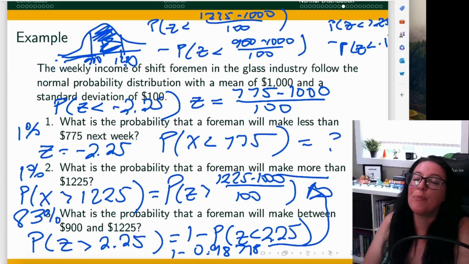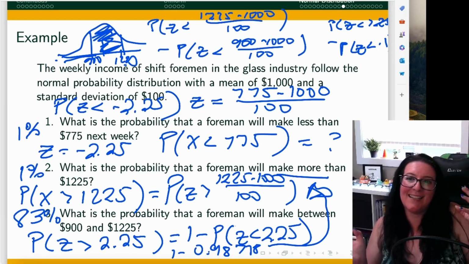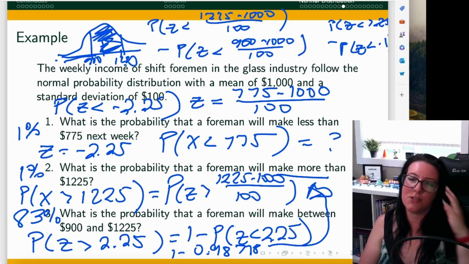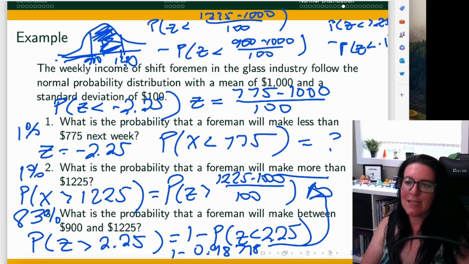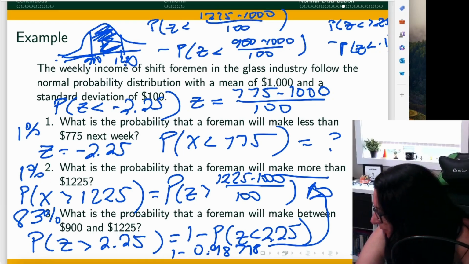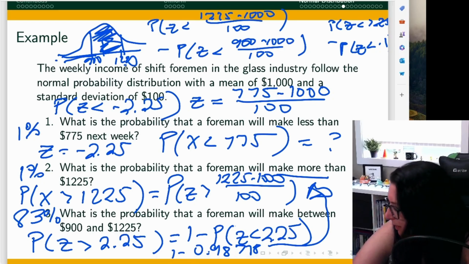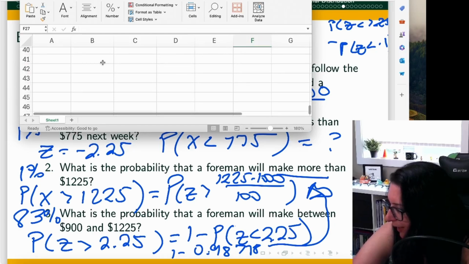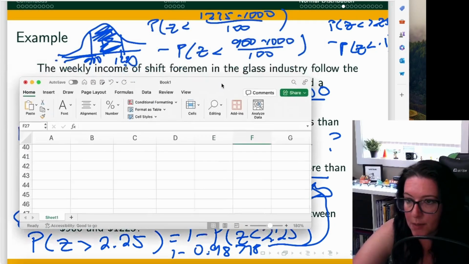All right. So we just did all that by hand with a standard normal table. That's a lot of calculations by hand. Too much work. Let's do it in Excel and have Excel do all of it for us. Okay, so let's pull up Excel. All right, and I'm going to find an empty spot, and I'm going to pull it so we can